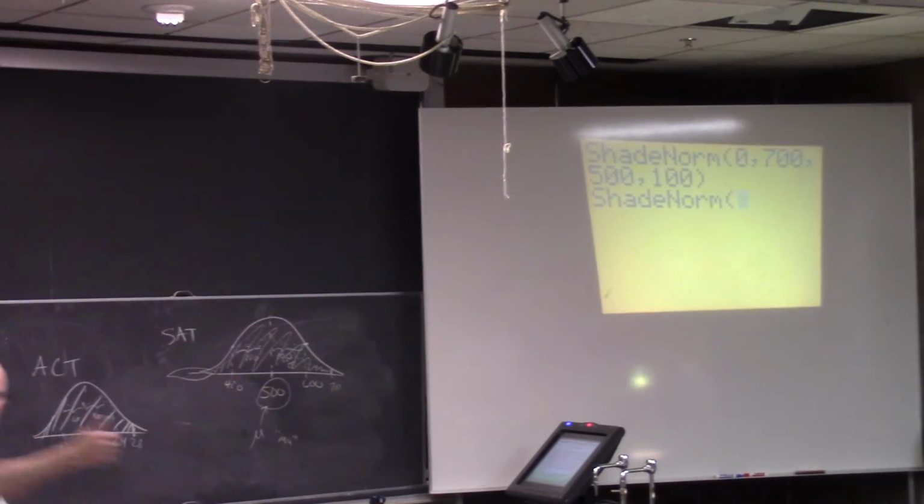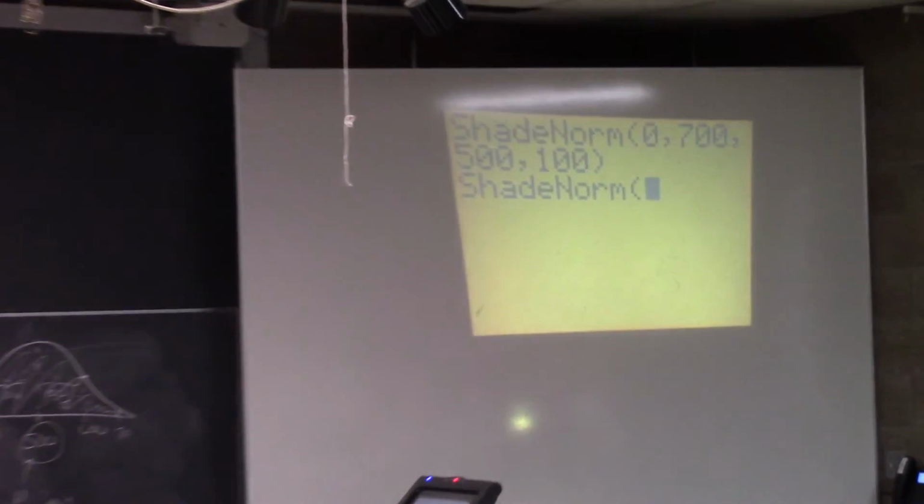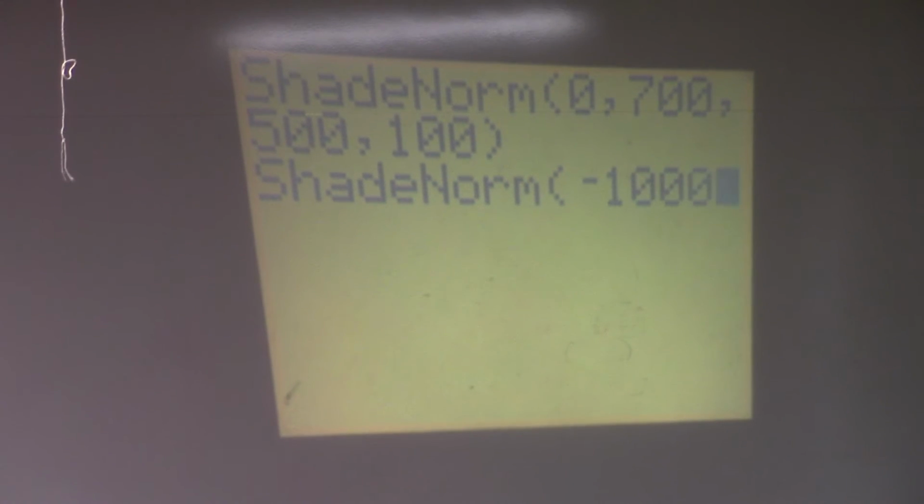I better pick something less than 0, I think, for the left-hand point this time. I'll try like -1,000 or something. Okay, it doesn't need to be that extreme. Right-hand point, though, needs to be 28. That's Bobby's score. This is a normal distribution centered at 18 with a standard deviation of 6. So the 18 and 6 need to go in.